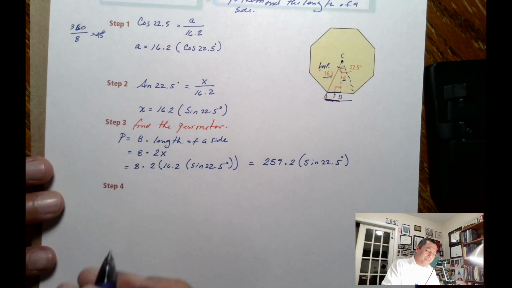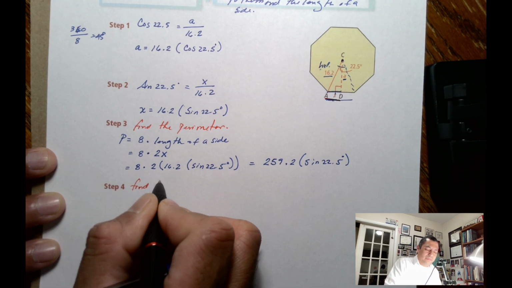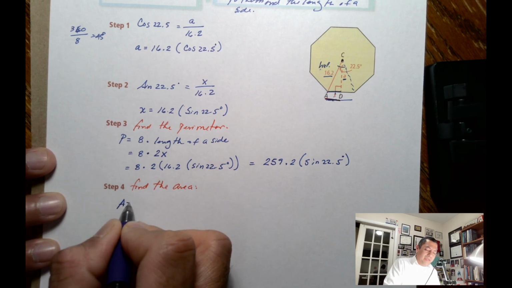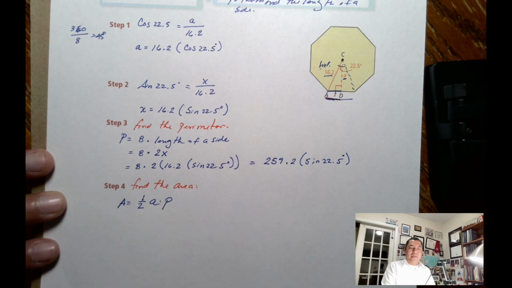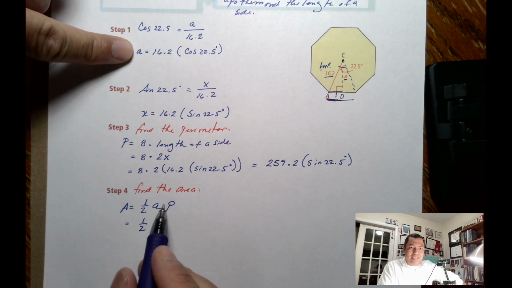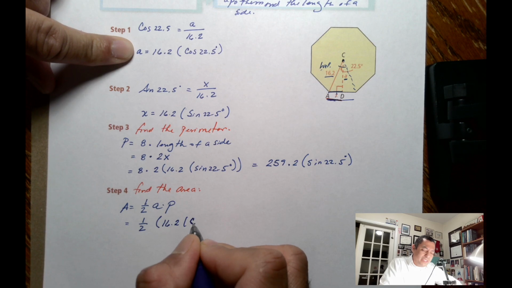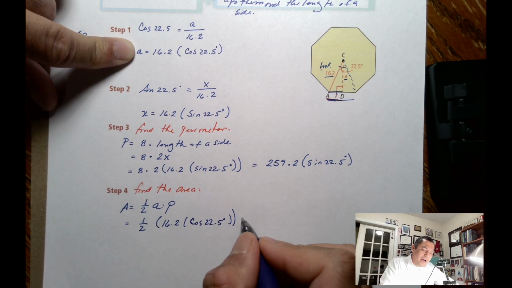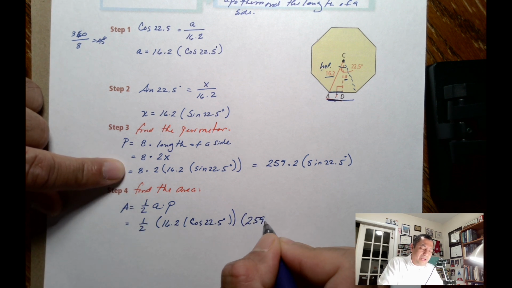Now in step number 4, I'm going to find the area. Find the area. In this case, area is equal to 1/2 the apothem times the perimeter. And this is equal to 1/2. Now, where's the apothem? 16.2 times cosine of 22.5 degrees, times the perimeter. What is the perimeter? 259.2